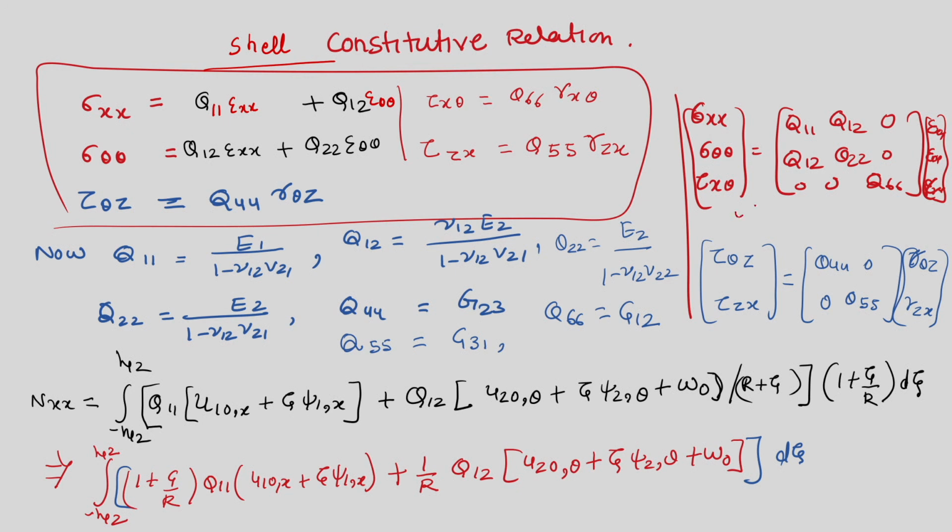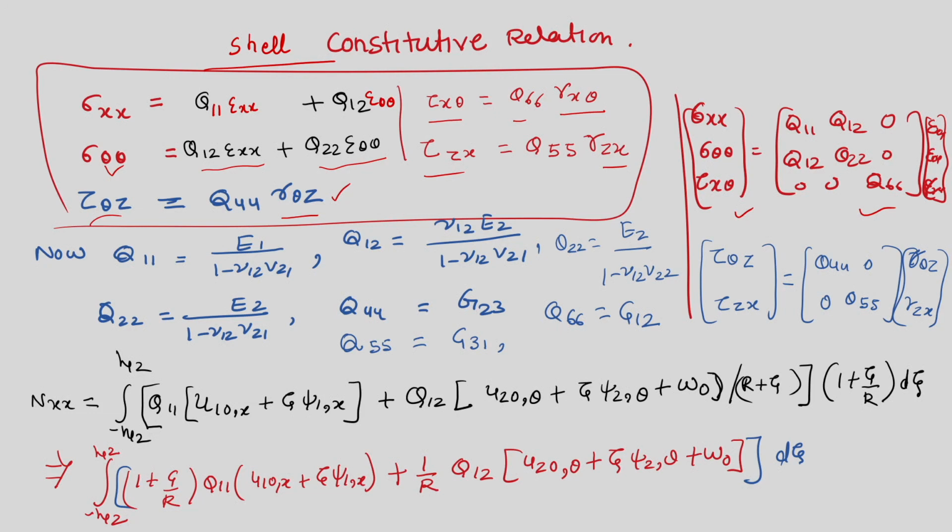Using the basic constitutive relations, sigma xx is equal to Q11 into epsilon xx plus Q12 into epsilon theta theta, sigma theta theta equals Q12 epsilon xx plus Q22 epsilon theta theta, tau x theta is Q66 gamma x theta, tau zx is Q55 gamma zx, tau theta z is Q44 gamma theta z, where Q11, Q12, Q22, Q44, Q55, Q66 can be represented in terms of